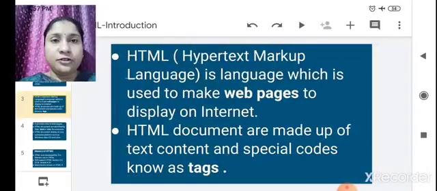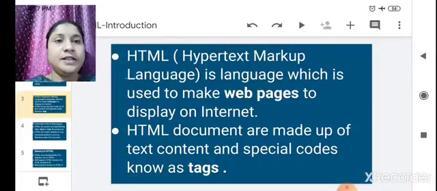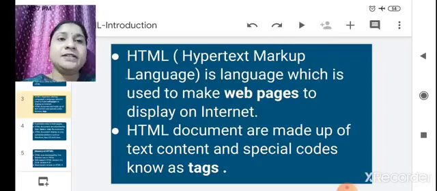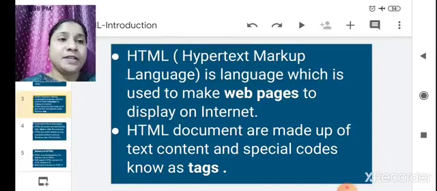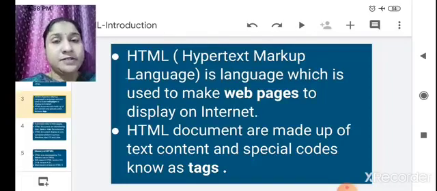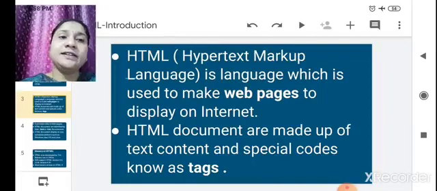I already told you the long form of HTML, that is Hypertext Markup Language. HTML is a language used to make web pages to display on the internet. With the help of HTML we can create web pages which will display on the internet.